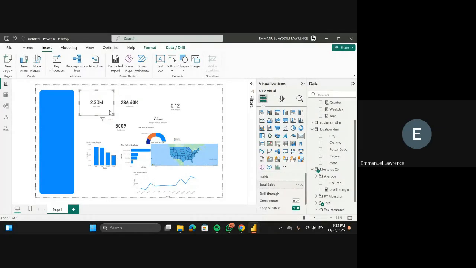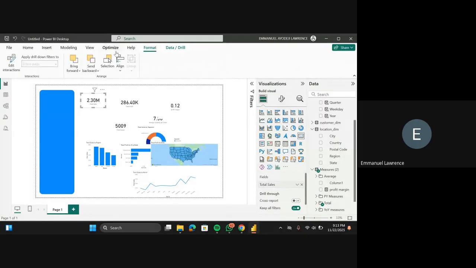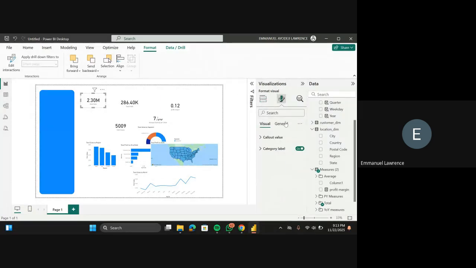Now for my KPIs, I'm going to reduce all of this and give it a nice shape too. Let me look at the shape properties under formatting. It's 160 by 275.